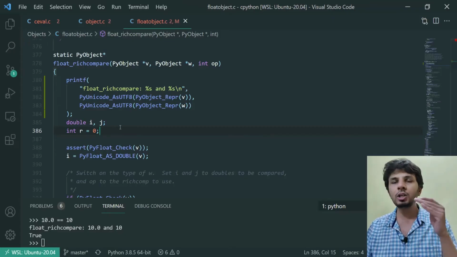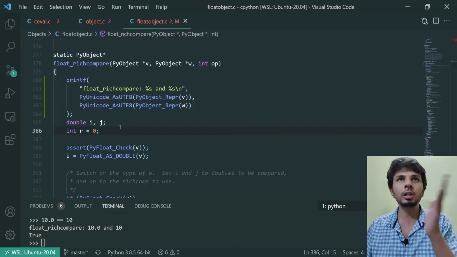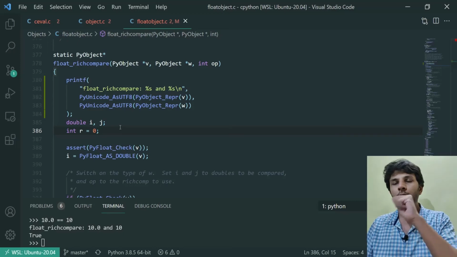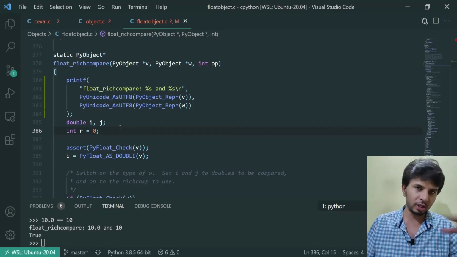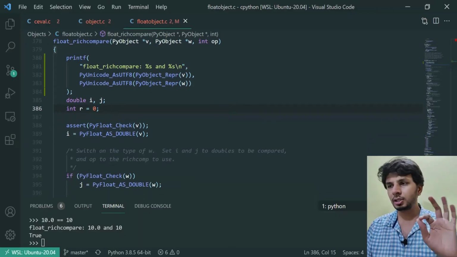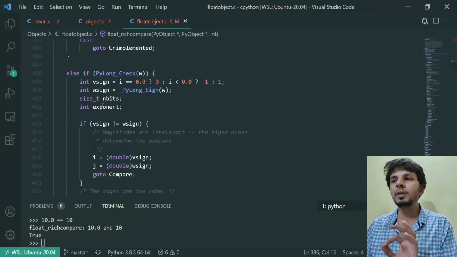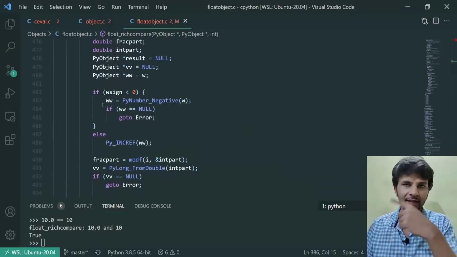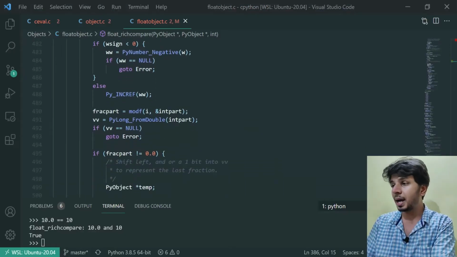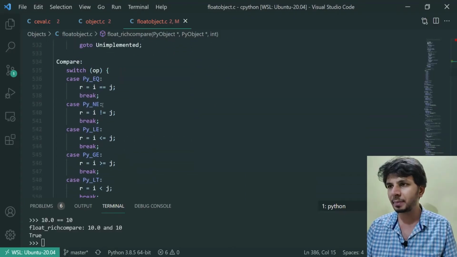Depending on the comparison operator, it would decide and store the resultant value in r, and then actually convert it into a boolean, right. So this logic is written at the end of this function. We will anyway come back and check the other part, but let's first quickly wrap this thing.